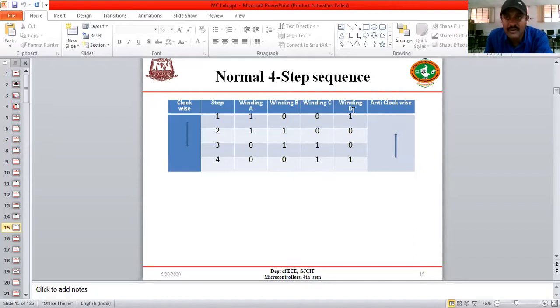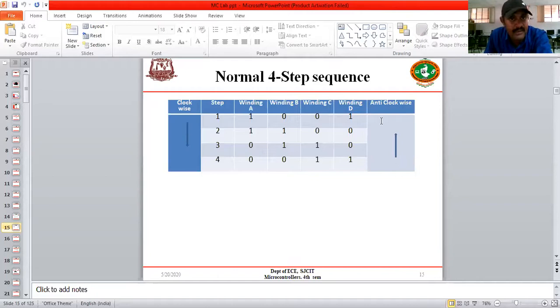If you energize any two coils, the rotor is locked at that place. Next time, in the next sequence, the rotor is locked between the other two coils. Assume the order as A, B, C, D. You can start from anywhere, no need to start from A or D or B. You can start from any point.